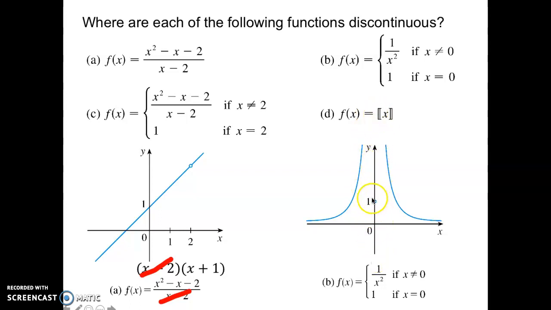Even though I just dotted that point there and the value of the function at 0 is equal to 1, it still doesn't remove my discontinuity. So I still have removable discontinuity at x equals 0. Now, if